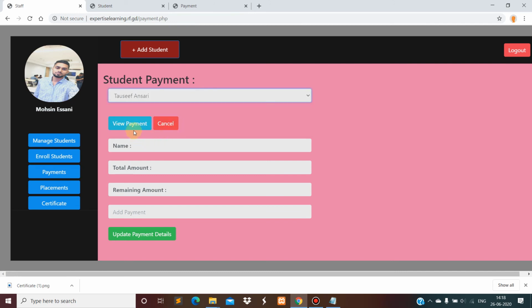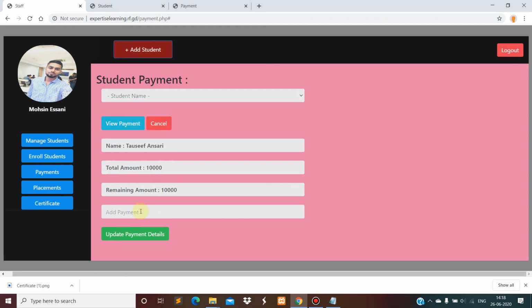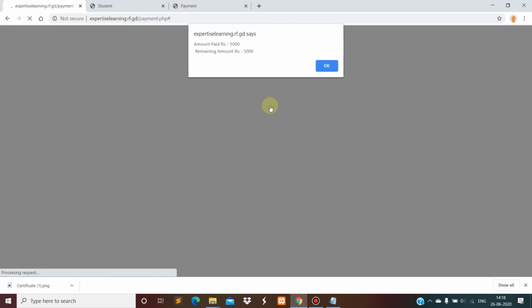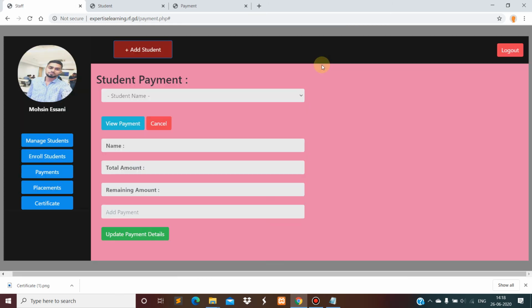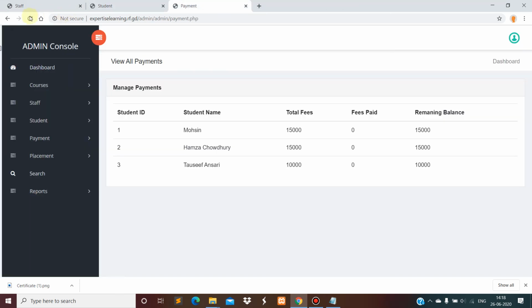Suppose Tausif Ansari has paid me net 5,000 rupees. So I will just update his payment details. It is showing me the remaining amount is rupees 5,000. Okay. Now we will see in the admin panel what we are getting. Here you can see Tausif Ansari, his fees paid is 5,000 and his remaining balance is 5,000.